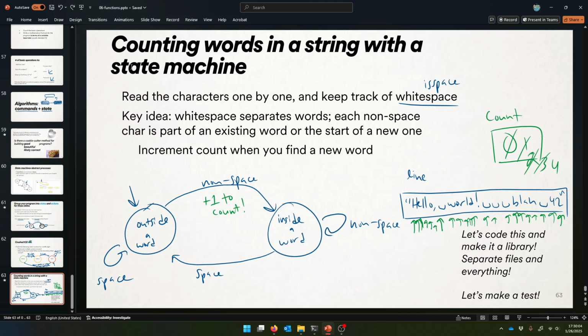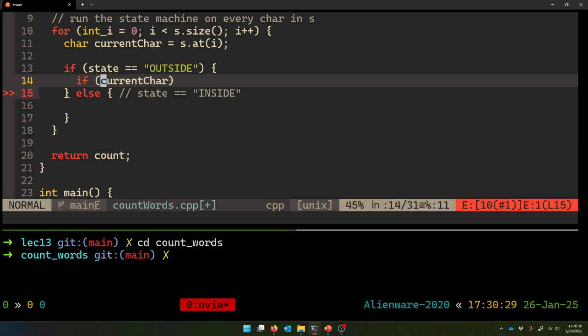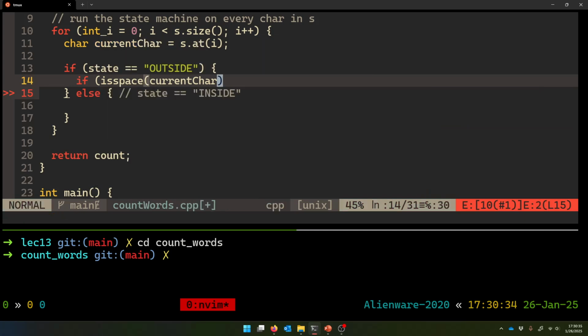If I'm in the outside of a word state and I look at my current character, like I'm seeing the H or something, it was a non-space character. So if I see a non-space, I need to do something special and transition. If I see a space character, I stay where I'm at, in outside of a word. So it all depends on whether is space is true or not for my current character. That's what's going to transition me. So if is space of current char gives back true,